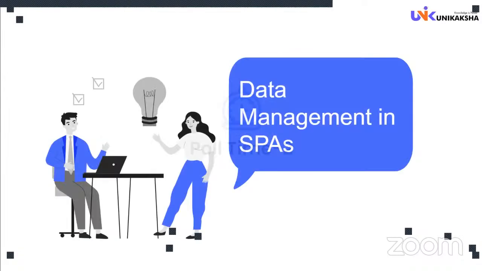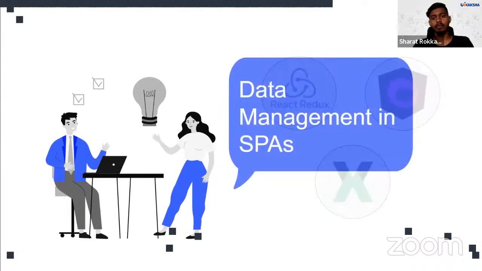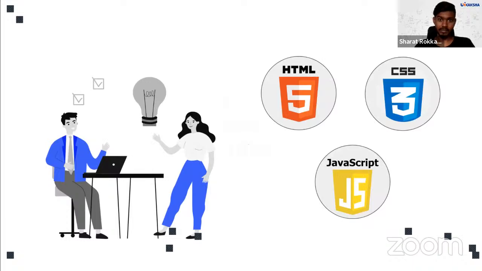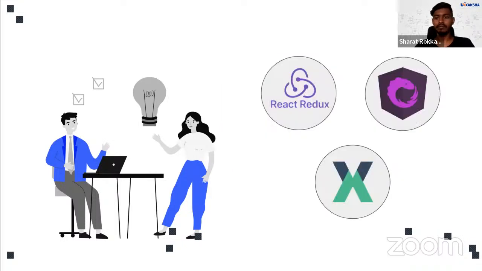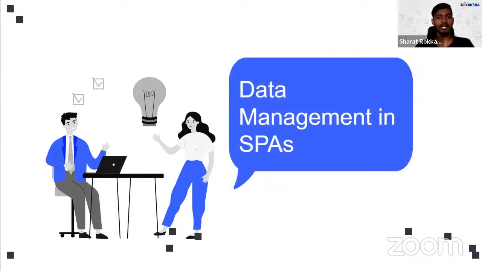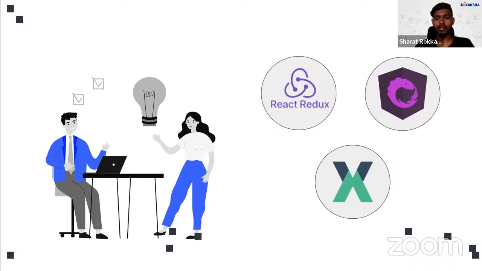Okay. Yeah. Then you have this data management, guys. Once you have walked through HTML, CSS, the basic building blocks, we need to understand we have something called data to manage, right? To manage data, we have different libraries and frameworks out in the market, using which we are able to manage our data. If we are dealing with a large amount of data, we need to manage it somehow, right? For different libraries and frameworks like React, Angular, and Vue.js, you have different libraries as well to manage their data, right?